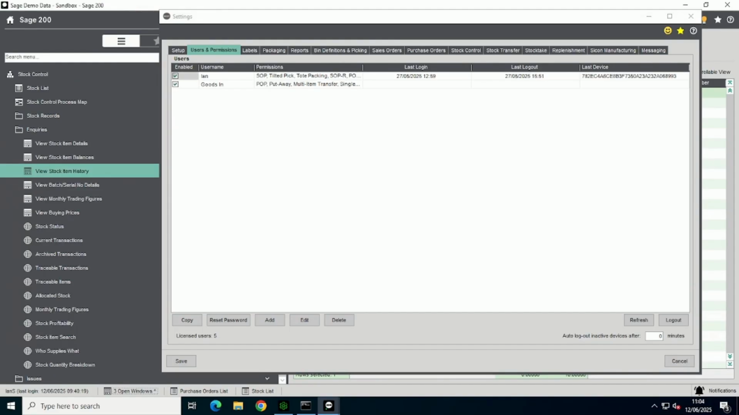The next thing to think about is the naming conventions for your users. So you can see here I've got a couple of examples. Ian is obviously referencing an individual, whereas the second one, goods in, is actually representing more of a role than an individual. So the thing you have to bear in mind with that one is if you actually have a